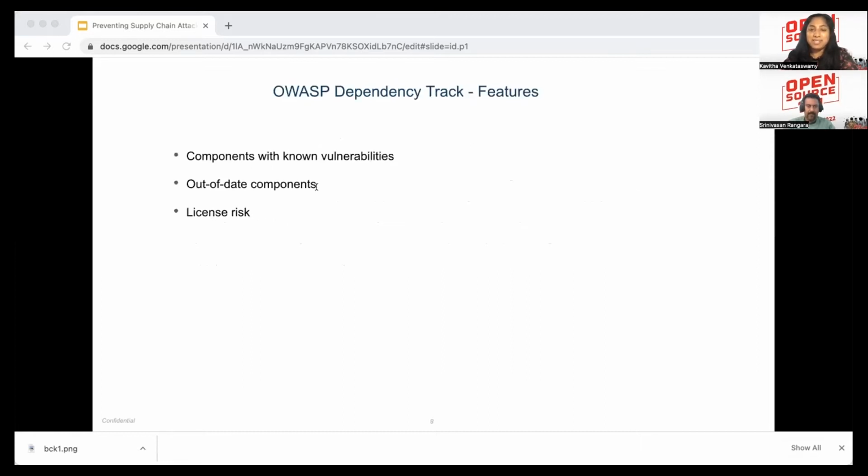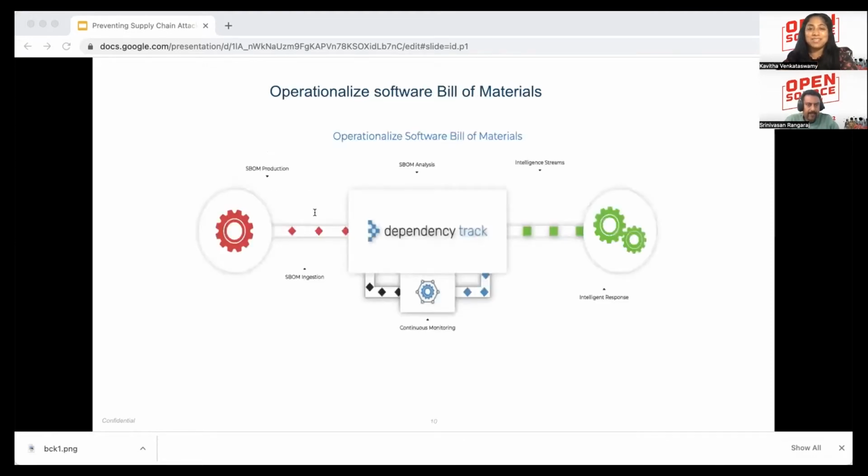Now moving on to Dependency-Track. Dependency-Track is an intelligent component analysis platform that allows organizations to identify the risk in the software supply chain. It is unique, and it leverages the SBOM. With Dependency-Track, you can monitor the component usage across all the versions of all the applications in its portfolio to proactively identify the risk across our organization. And this platform is an API-first design, and it's ideal for CI/CD environments.